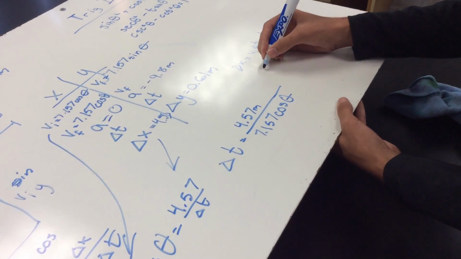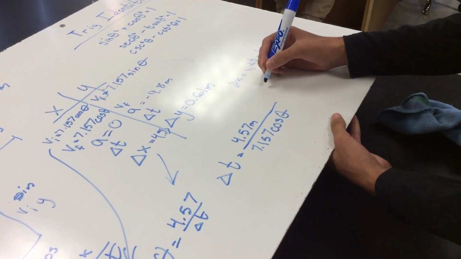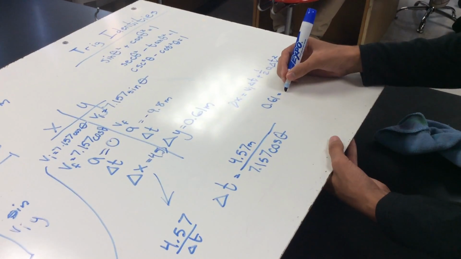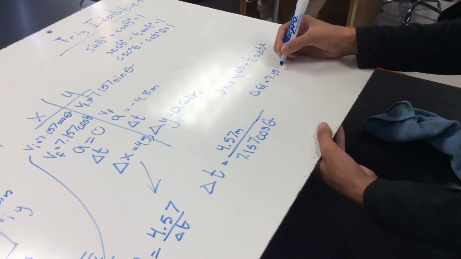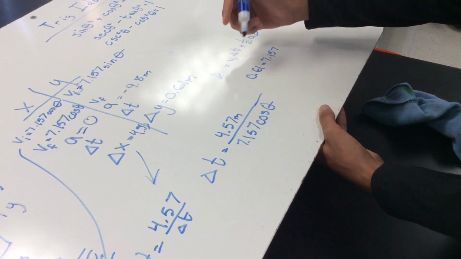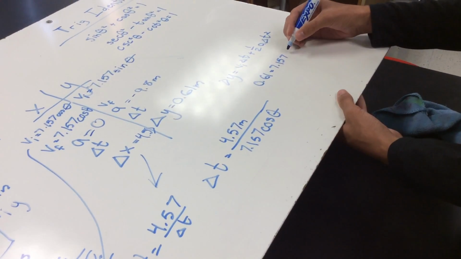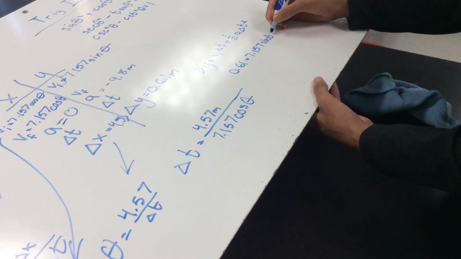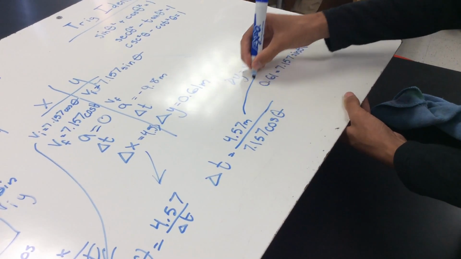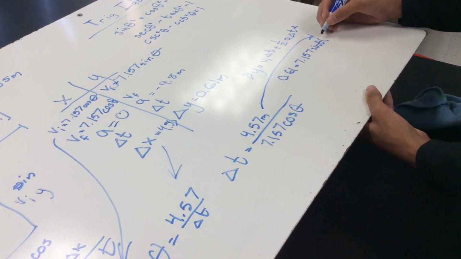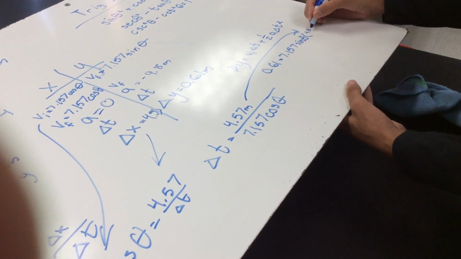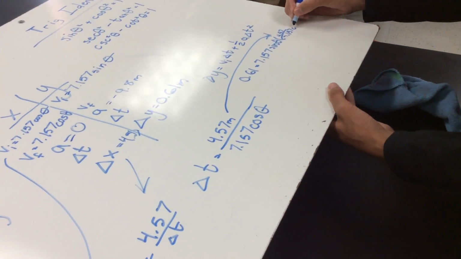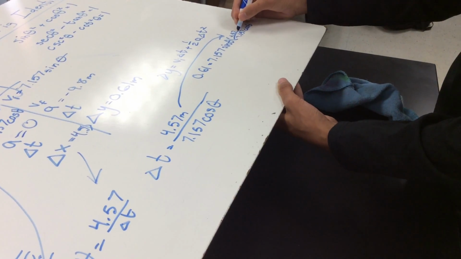And when you substitute that in, it's going to be 0.61 equals 7.157 sine theta times, and you're going to sub in t here, so it'll be 4.57 over 7.157 cosine theta